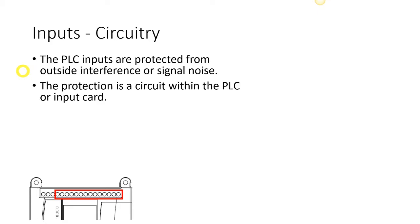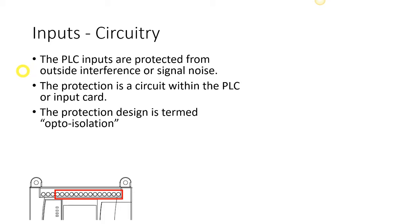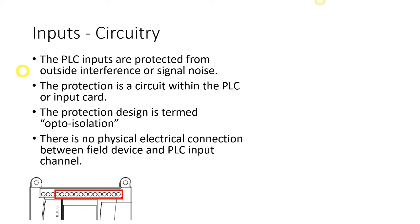And the protection of this circuit is on the input, in our case, the input that is natively on our compact PLC, or it could be on an input card if we're talking about a modular PLC configuration. The protection is termed optical isolation, and that's going to make sense here in just a minute. Opto meaning optic or visible light, and isolation meaning we're electrically isolating the physical input from the circuitry inside our component, the PLC. And there are no physical electrical connections between that field device and the PLC. That's why we use this optical isolation, and it is to physically protect from something actually causing significant damage inside